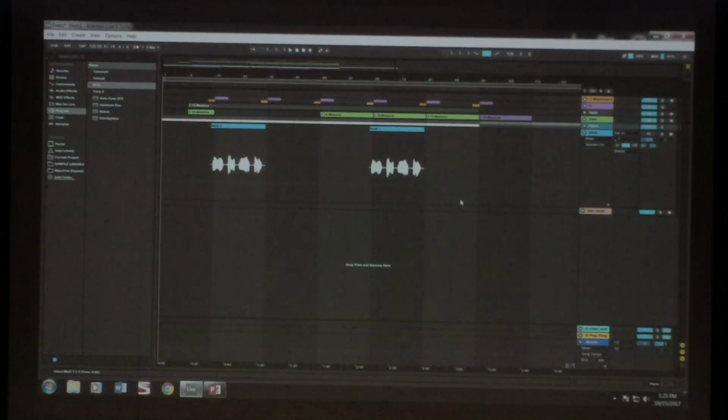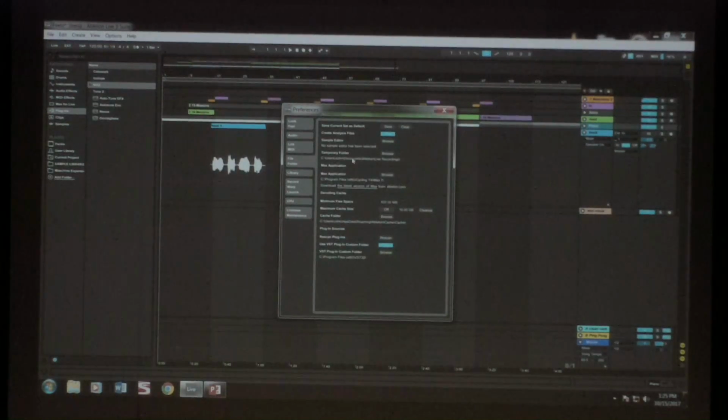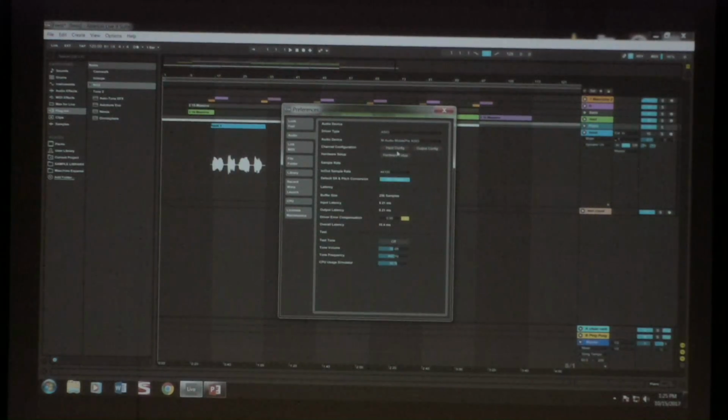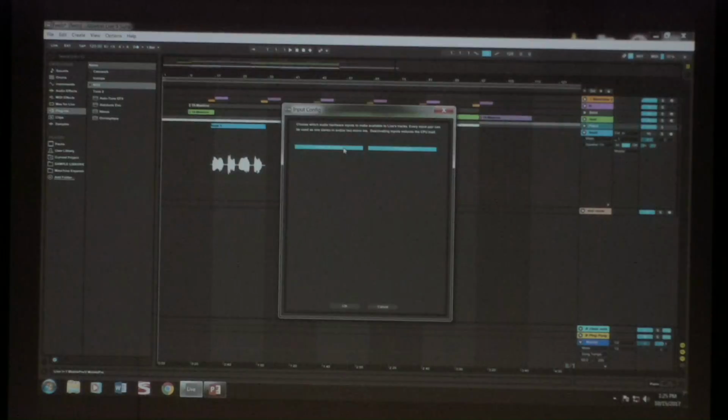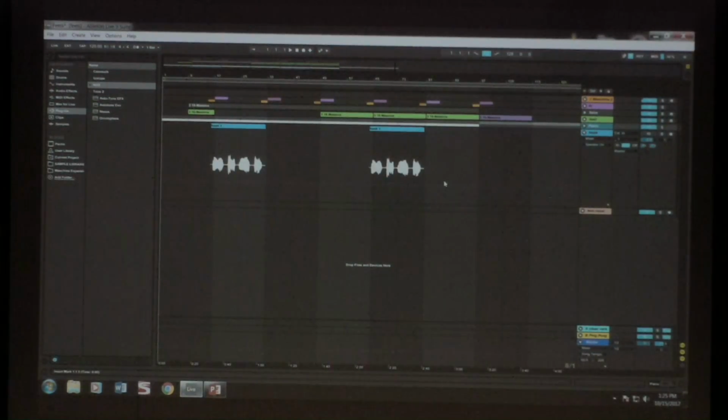Now, one thing I want to talk about is your outputs and inputs on audio. Okay, input configuration. Like I said, there's only 2 channels, so we have both of them activated. That's for the input and for the output. Same thing. It's that simple. Okay, now that's it. For the most part, when setting up a new project, that's